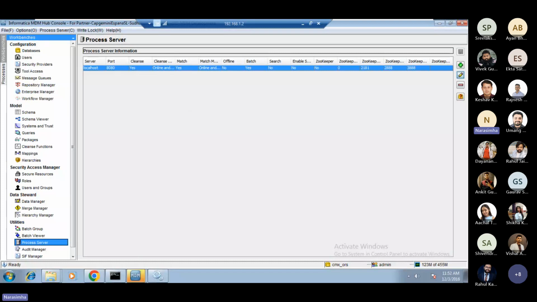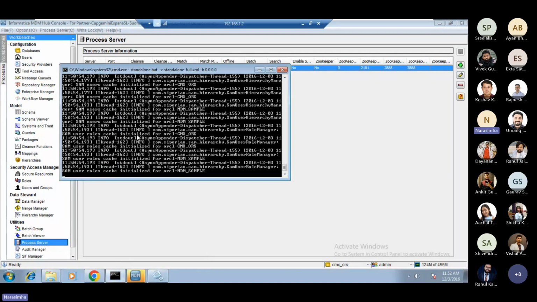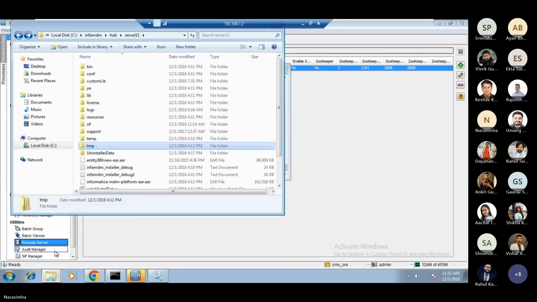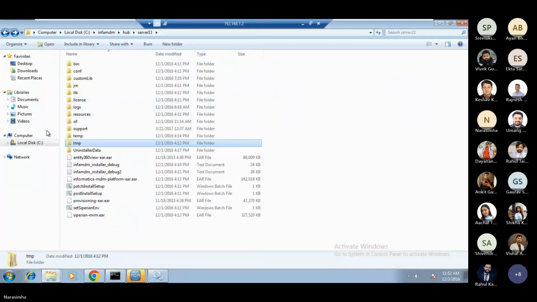And JBoss, all that, they're already there, because we have already executed this JBoss, which is one of the containers where we have already deployed this cleanse server related